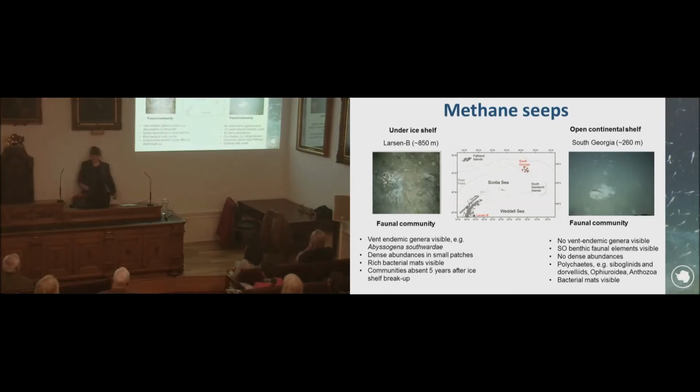So the next habitat we discovered were the methane seeps. We had methane seeps under the Larsen B ice shelf. The Larsen B ice shelf collapsed in 2002, and we only had a few meters of water between the seafloor and the bottom of the ice shelf. So in an area where we have extremely warm sediments and granites in the seafloor, there's more warmth and hydrofluids coming up, which enable the methane to come through into the sea, and because it can't be driven away, with the open currents, the concentration comes up, and we actually were able there to find